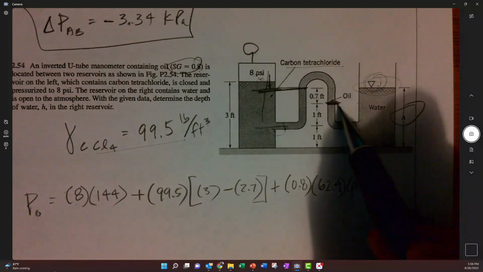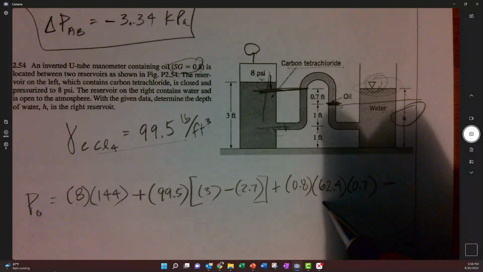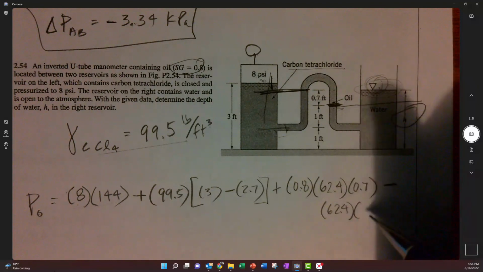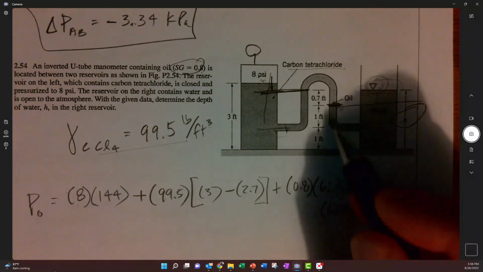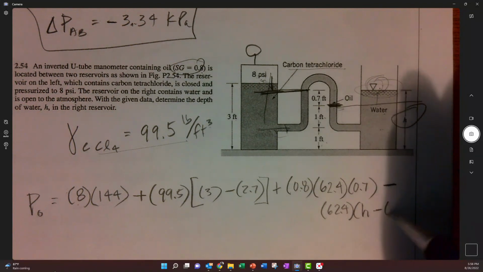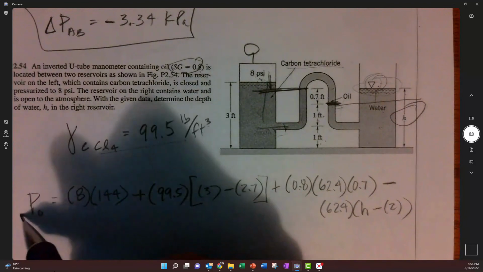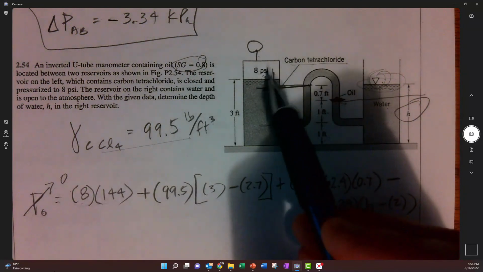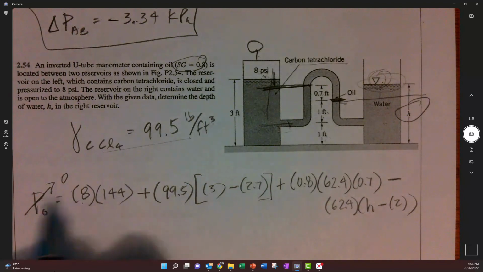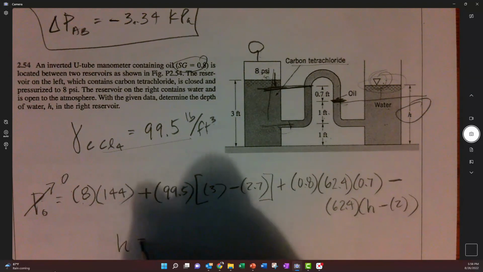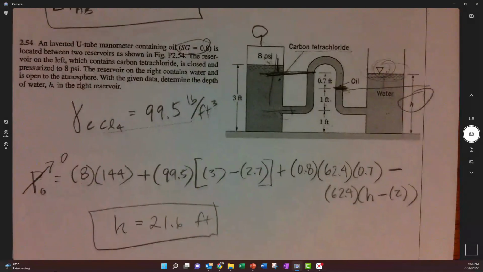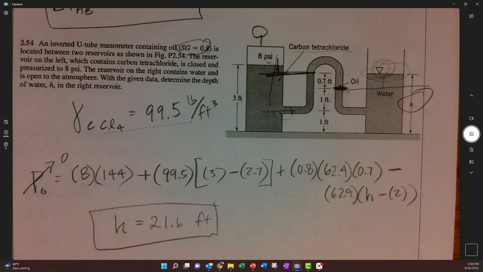And we're only going to be coming up this H. So we're going to go 62.4, and then this distance right in here is going to be H minus 2 feet, because that's the level right there. So it's minus 2. And let's treat atmosphere like it's 0, because we're assuming, since this was gauge pressure, that's why we used gauge as the reference. So the atmosphere is considered 0, and we're able to solve for H is 21.6 feet. So systematically, just using the swim through method, we're able to solve manometer problems, even more complicated manometer problems,